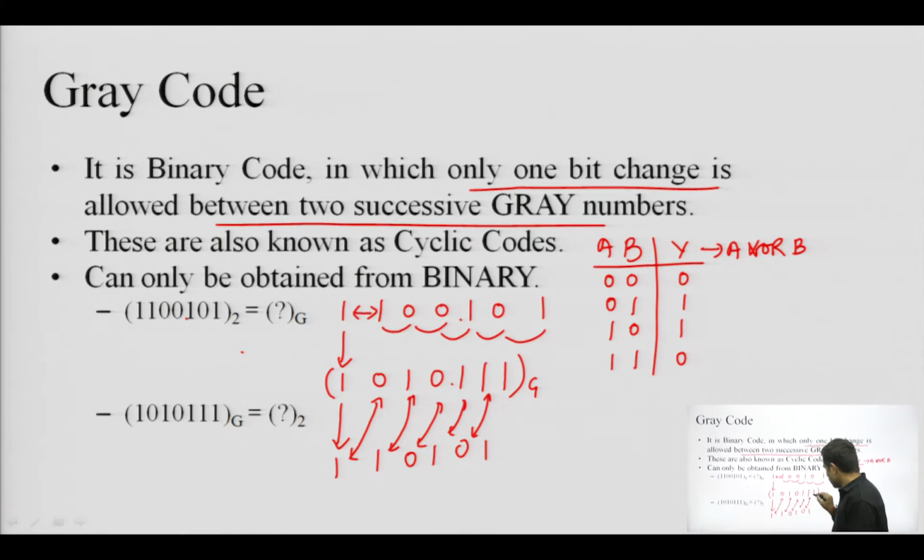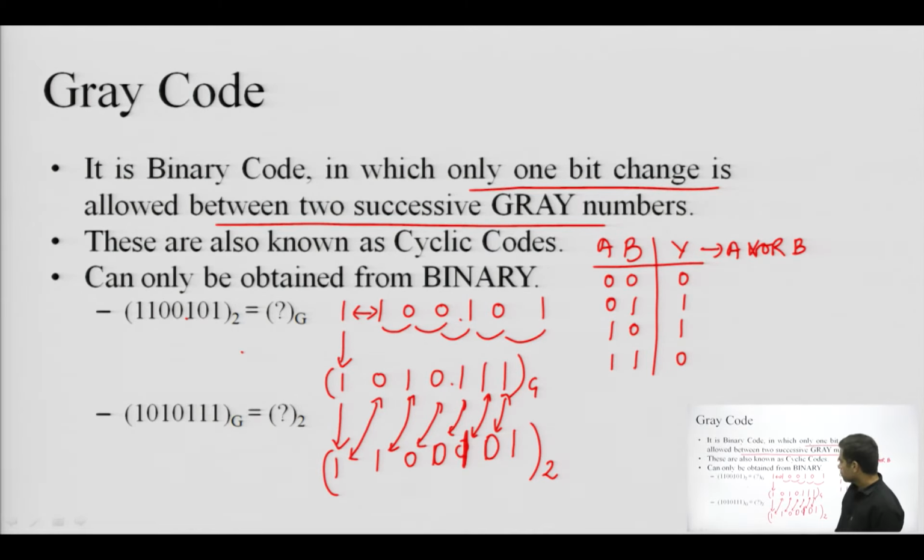will produce a 1, and 1 and 1, you can check, 1 1 0 0 1 0, actually there is some issue. 0 and 0, I am getting 0, this should have been 0, 1 1 0 0. So, 0 and 0 should be giving me 0, now 1 and 0 should be giving me 1 and 1 and 1 will be giving me 0, and this 1 and 0 will be giving me 1. So, this is my binary equivalent of this gray number. As we can check, we are getting that same binary number from that gray number.